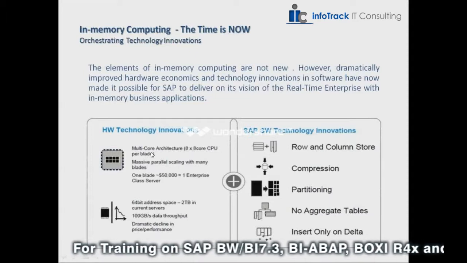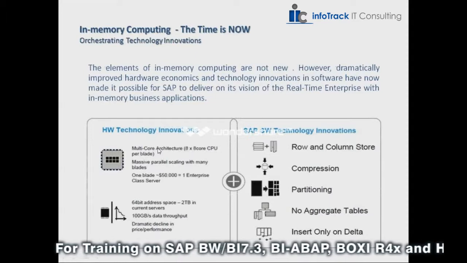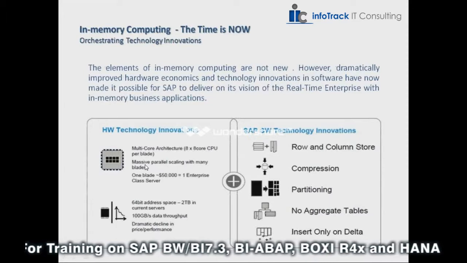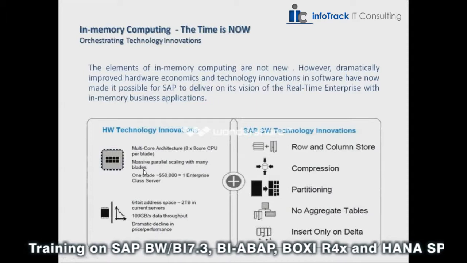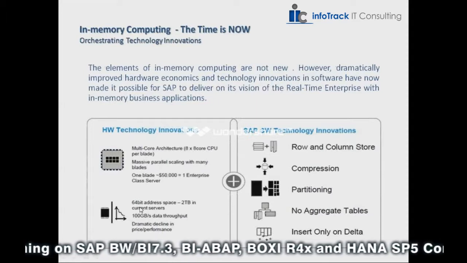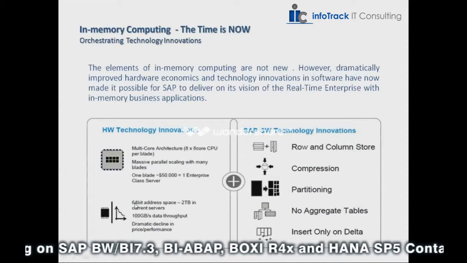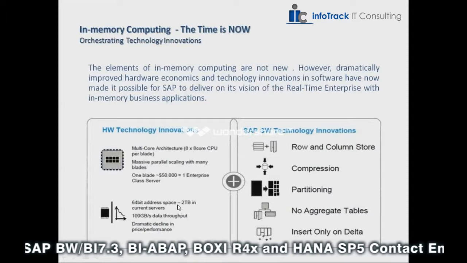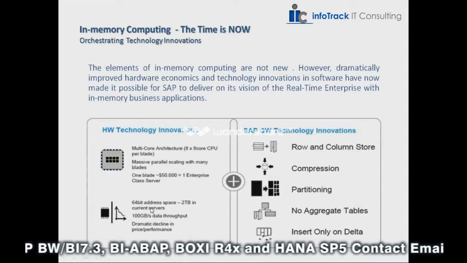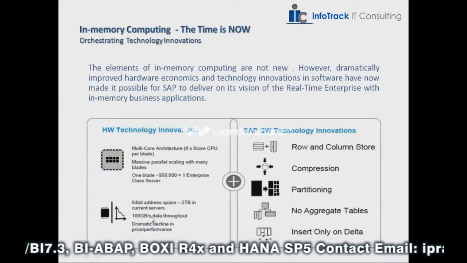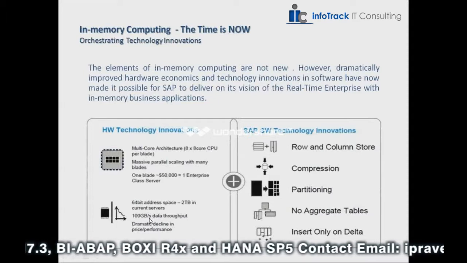And what are the software innovations of HANA providers? For software innovations you need to write: row and column store, compression, partitioning, no aggregate tables, insert only on delta. These are things we were physically implementing till now in the data warehousing system.